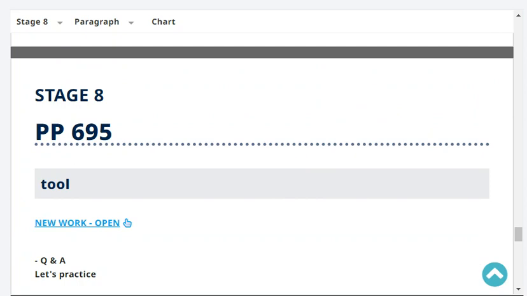Tool. Which tool would you need if you wanted to hit a nail